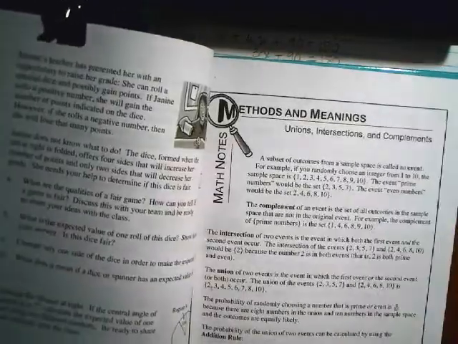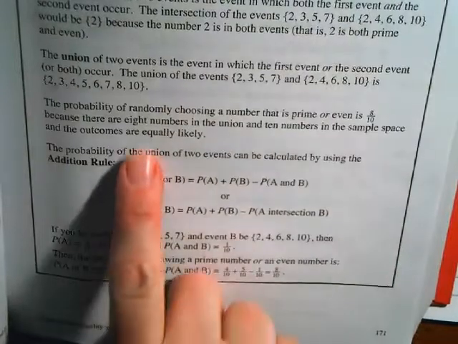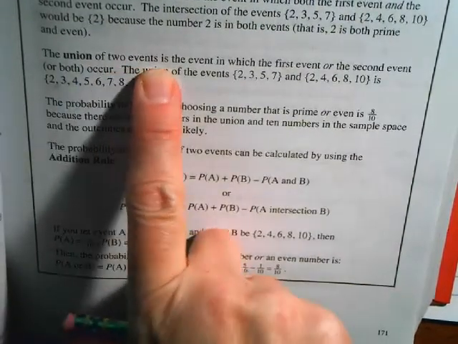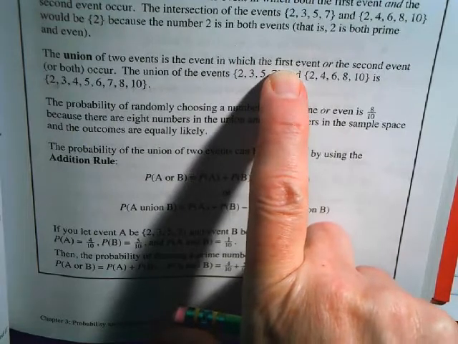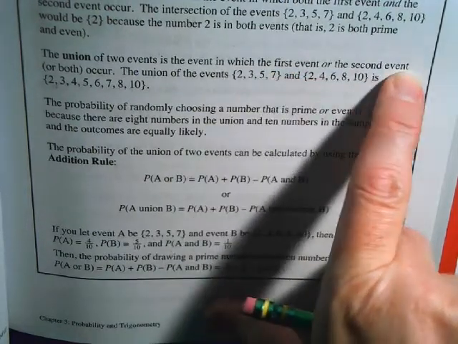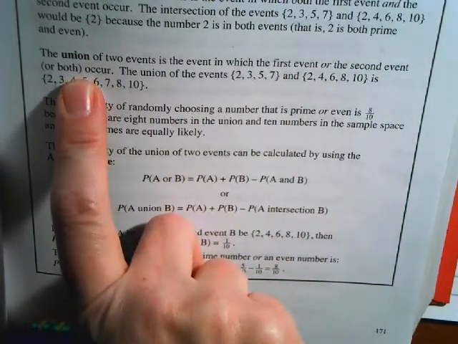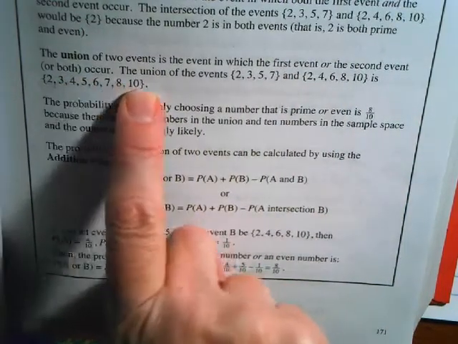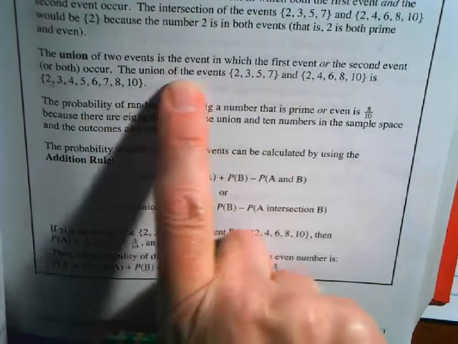and I want to show you this formula. Okay, if you're looking for a union, okay, this is from the math notes. The union of two events is the event in which the first event, so club, or the second event, face, or both occur. So the union of the events